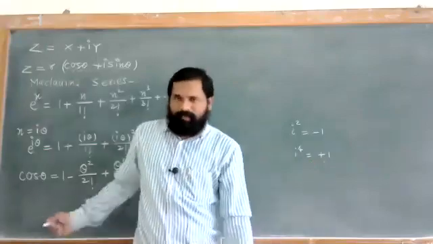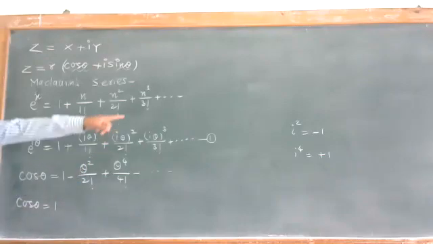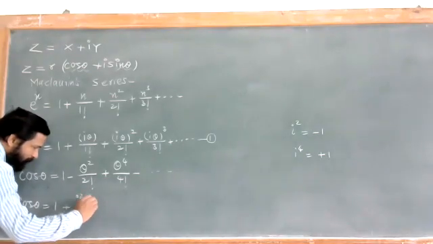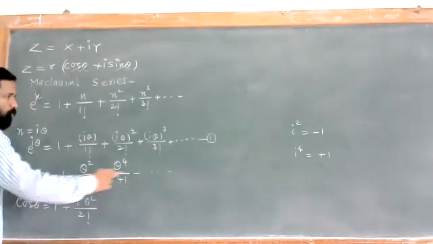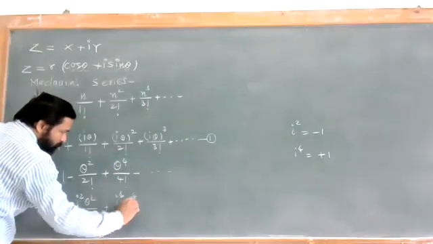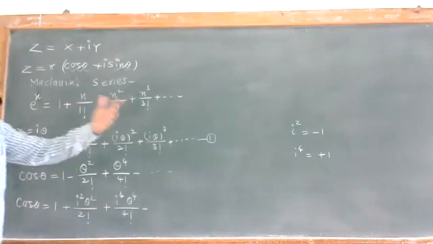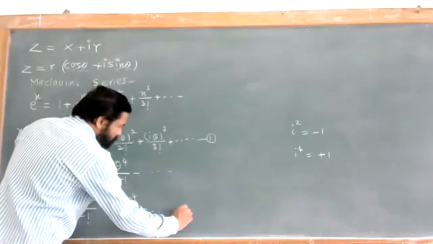So we have to use these conditions here in terms of cos of theta, and we can write cos of theta is equal to 1. What about the value of minus 1? Minus 1 is nothing but i square. So I can write here plus i square theta square upon 2 factorial. Minus 1 is the value of i square. What is the value of plus 1? Plus 1 is nothing but i raised to 4. So I can write i raised to 4 into theta raised to 4 upon 4 factorial. Similarly, we can have theta raised to 6, theta raised to 8, theta raised to 10, and so we can write this as equation number 2.